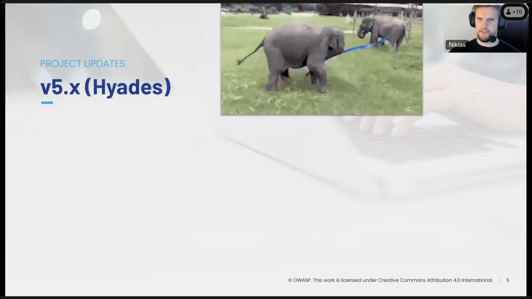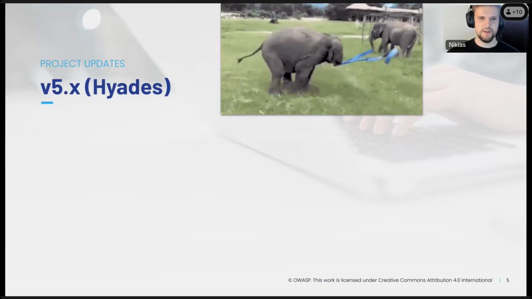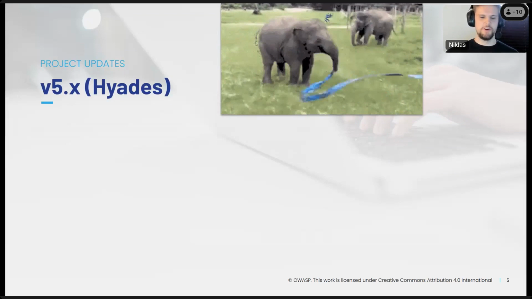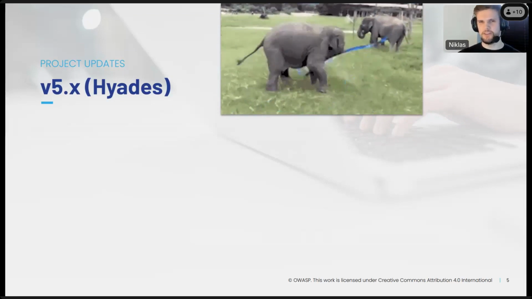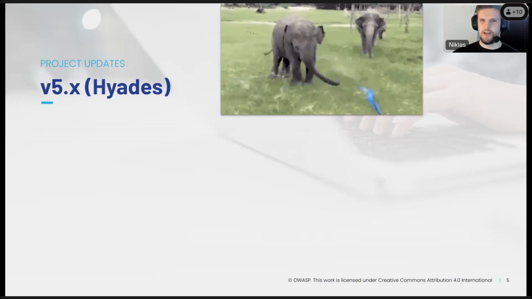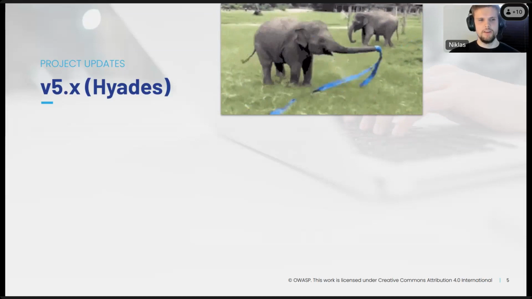But in working on Hyades, we really wanted to address various bottlenecks of the system, performance-wise and efficiency-wise. We noticed more and more that this abstraction layer doesn't allow us to get the efficiency out of the system that we really need.